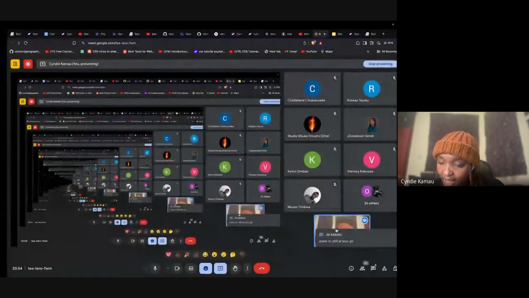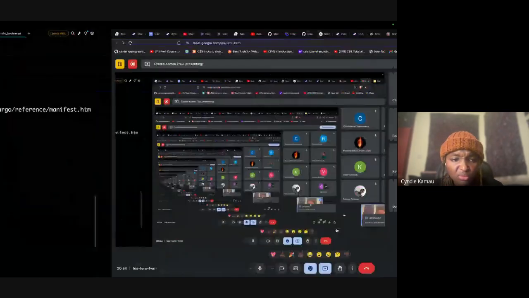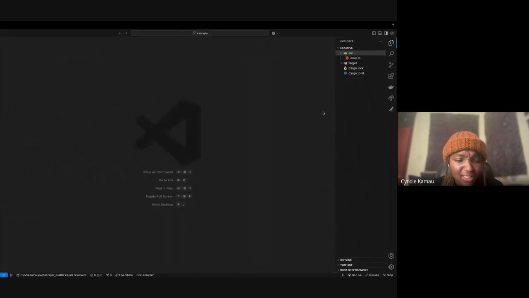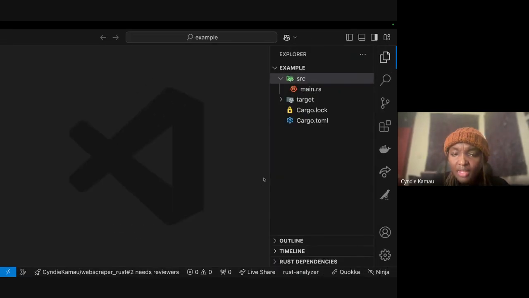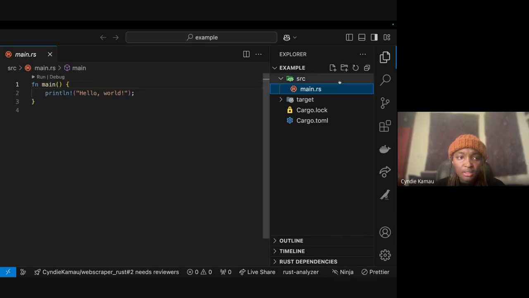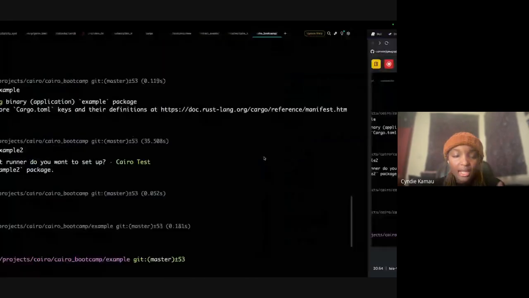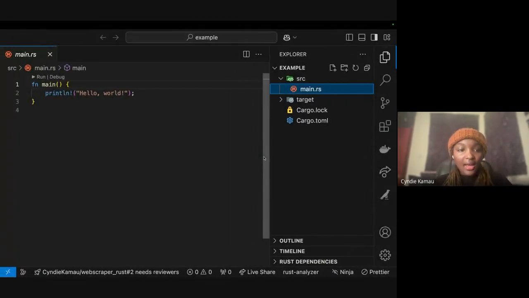Yes, you're still at my gate. Still at my gate. Can everyone see my terminal? I mean, not my terminal, my VS Code. Okay, yes, okay.